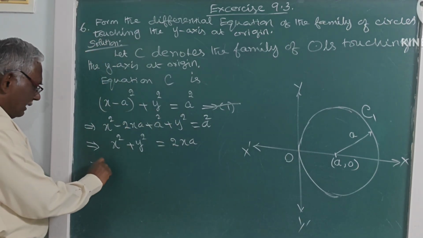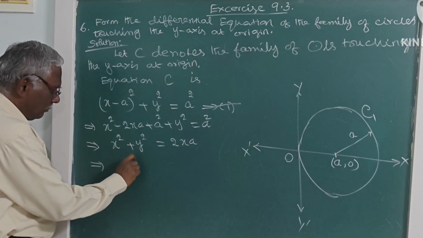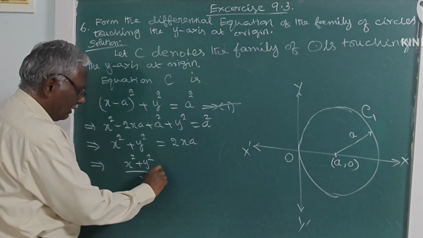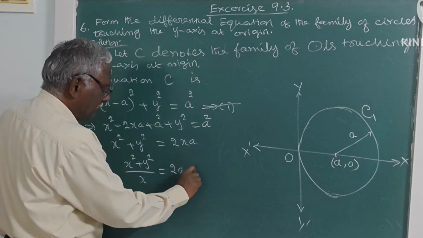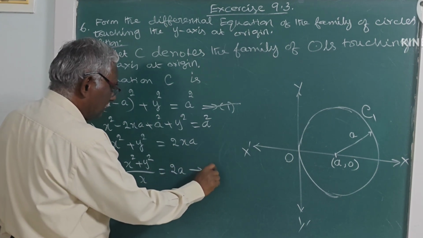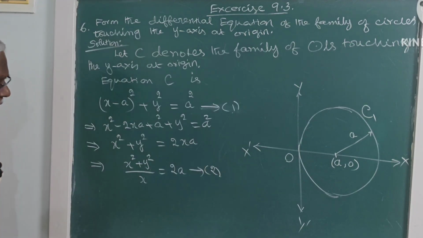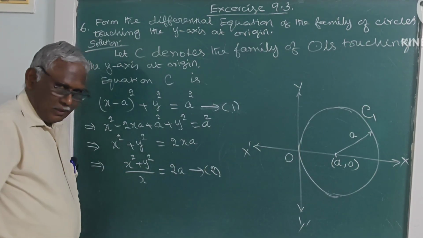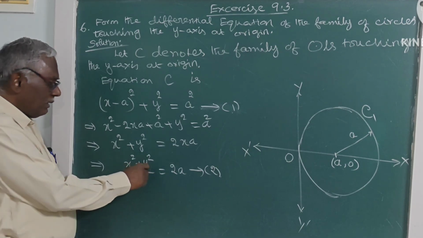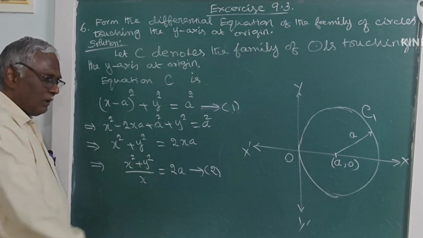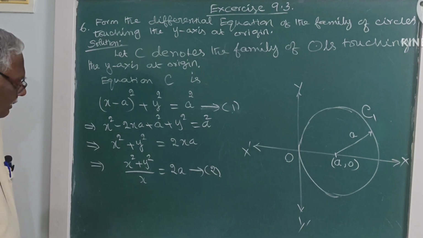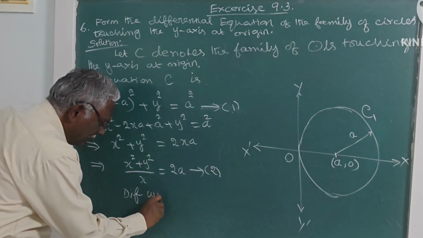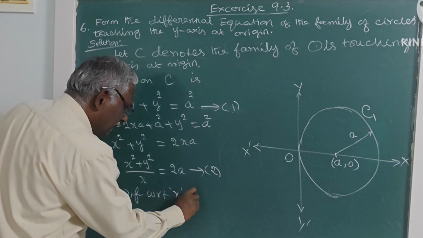So from here we can get (x square plus y square) by x is equal to 2a. So the right hand side is a constant. So if we differentiate this equation, a will vanish. So differentiate this equation with respect to x, we get